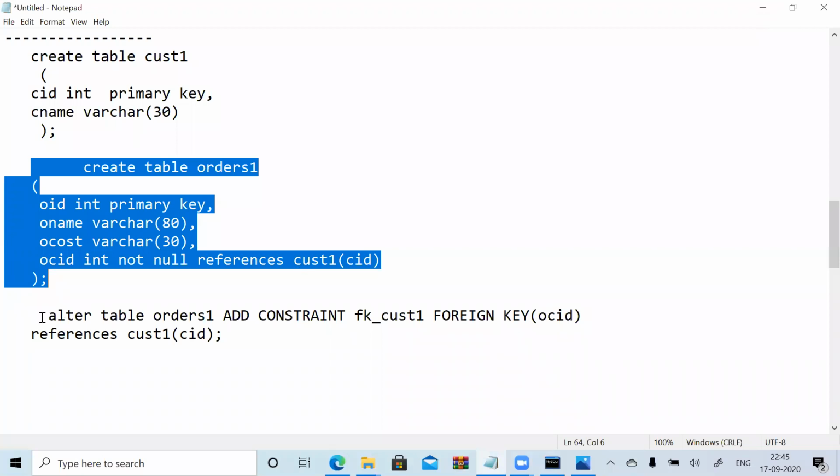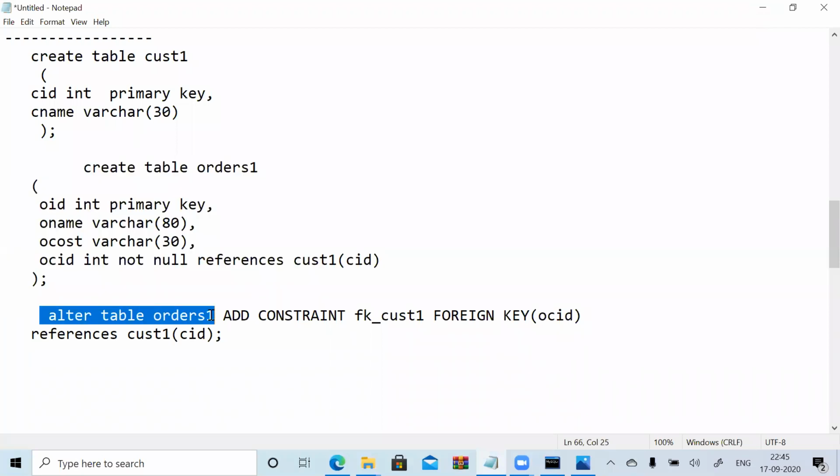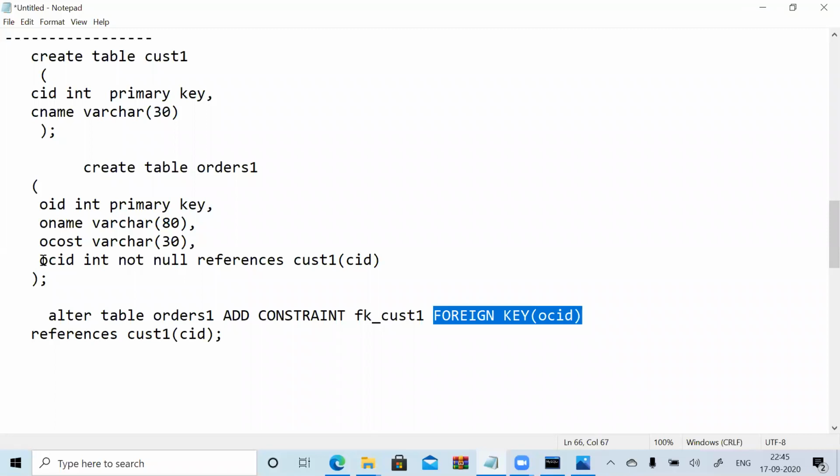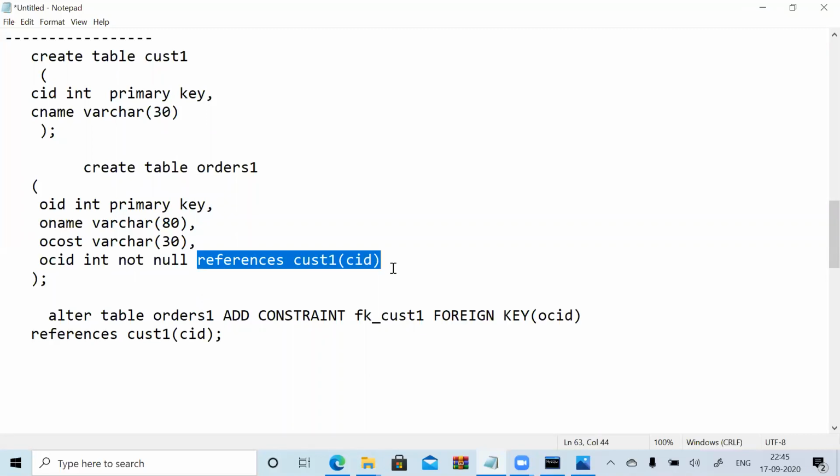So for that, what I am doing is alter table name. Now I'm going to add this constraint. Alter table name, add constraint, your foreign key constraint name, any one random constraint key name. Now I am adding a foreign key to my column called OCID. This OCID is referencing to which one? This one. So like that, now I'm trying to view.